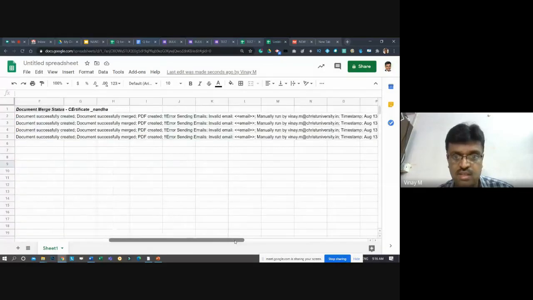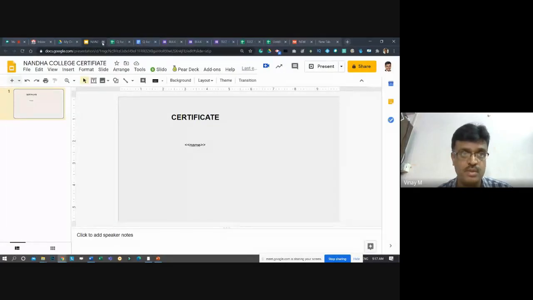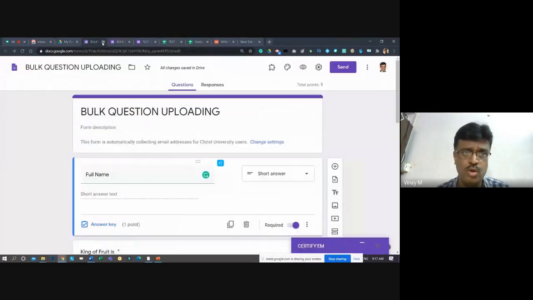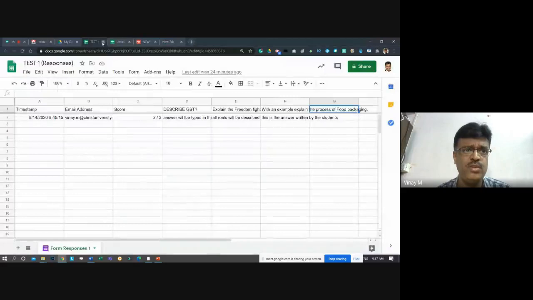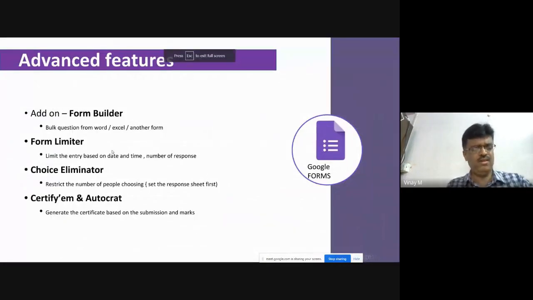See, it will show an error here. See, invalid emails I ran manually, and the invalid email is not working. If the email is correct, it will send an email to them in one click. That's how this will be done together with these options. There are many more, but these are the basic options you must know in a Google Form to conduct a basic two levels of questions as well as the other options.